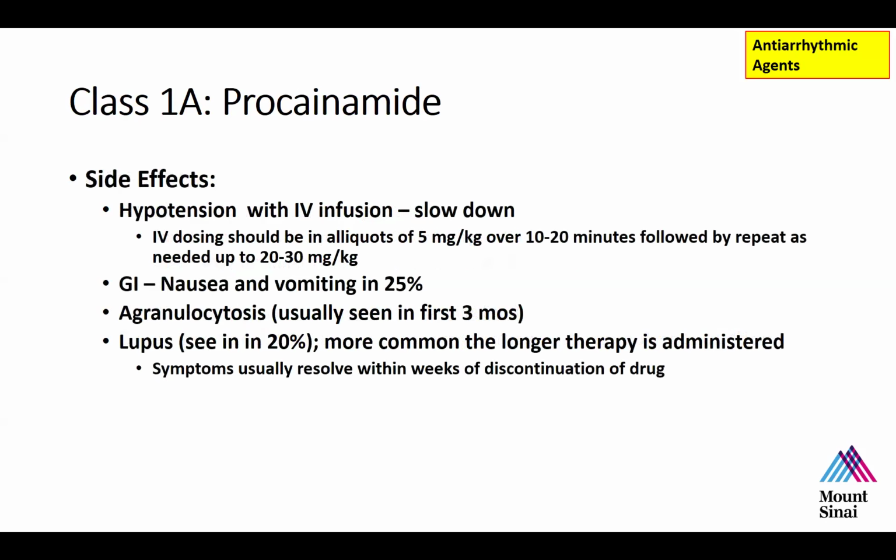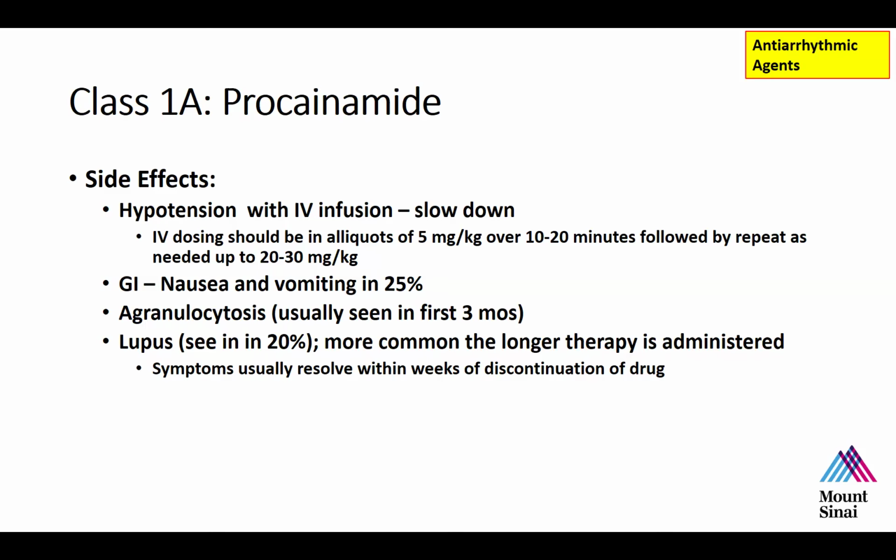Again, we've discussed that hypotension with IV infusion is the most common side effect that we see acutely. And again, the treatment for that is to slow the infusion and give fluid. And if you look it up in Nelson's or in Harriet Lane Handbook or any online reference, you'll see that the dose of Proc is somewhere between 10 and 15 milligrams per kilo, and it's often listed as like one to start with a 15 per kilo bolus.